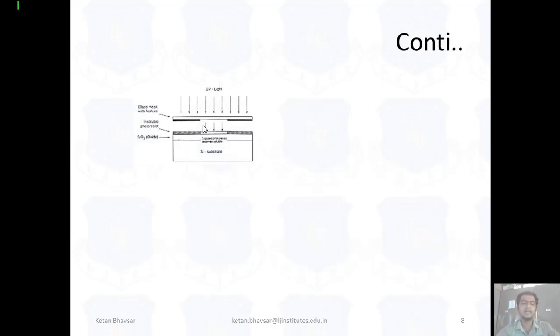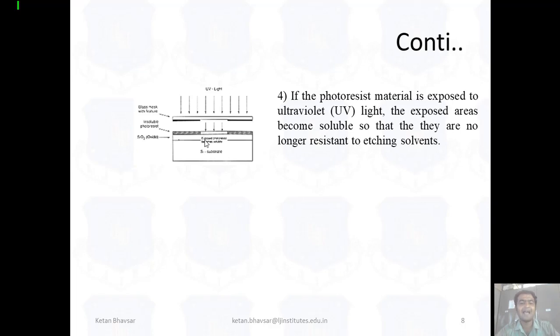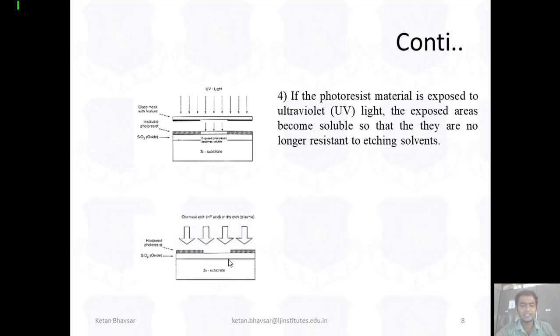And you can see after that we are applying UV light. For applying the UV light, we have to take one particular mask, as you can see, and then we have to take a specific window, and then again we apply the UV light on this particular area. After applying the UV light on this particular area, you can see this area will be exposed to the UV light, and you can see the window is created in the middle region of the substrate.